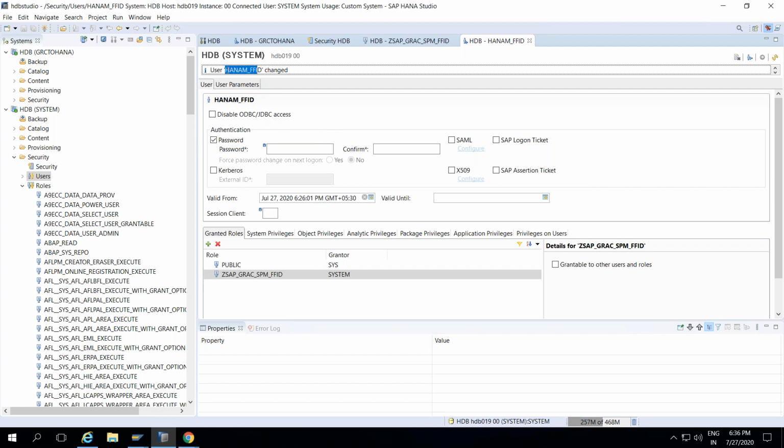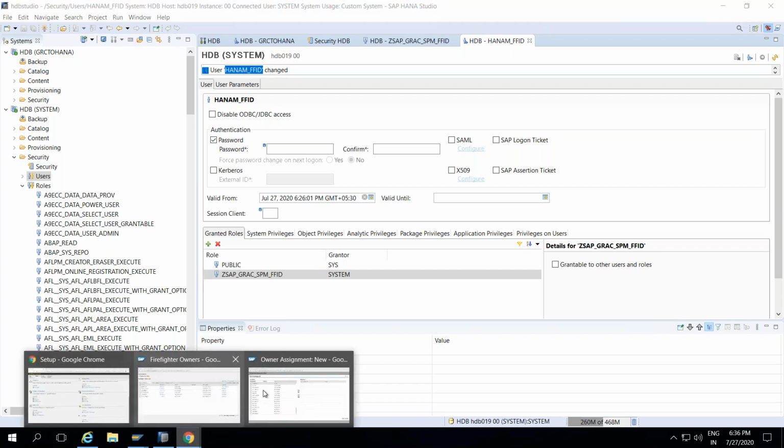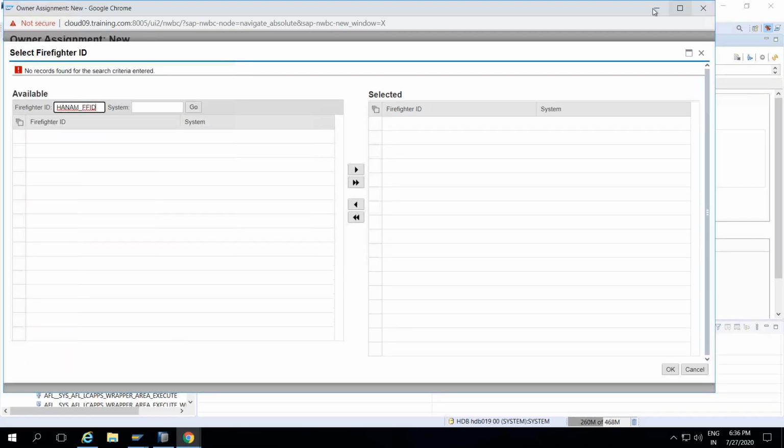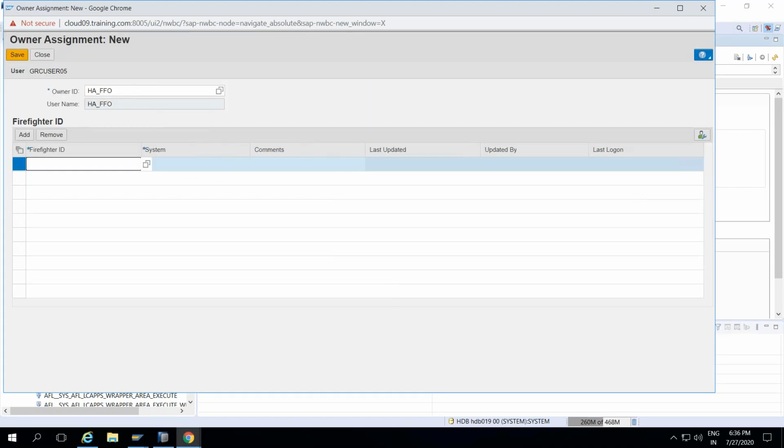The user is not synchronized. One second. It means the synchronization is not successfully done. So just click on close.